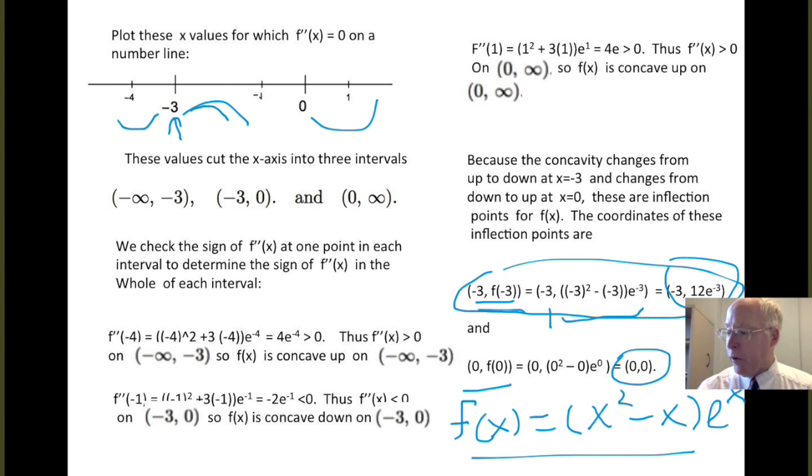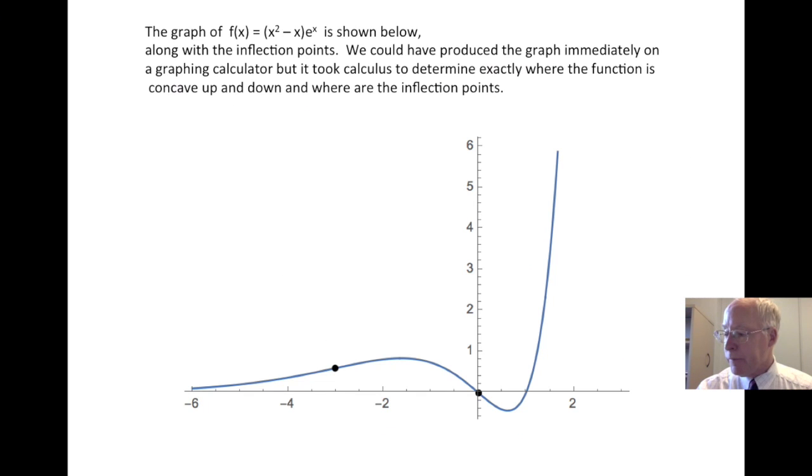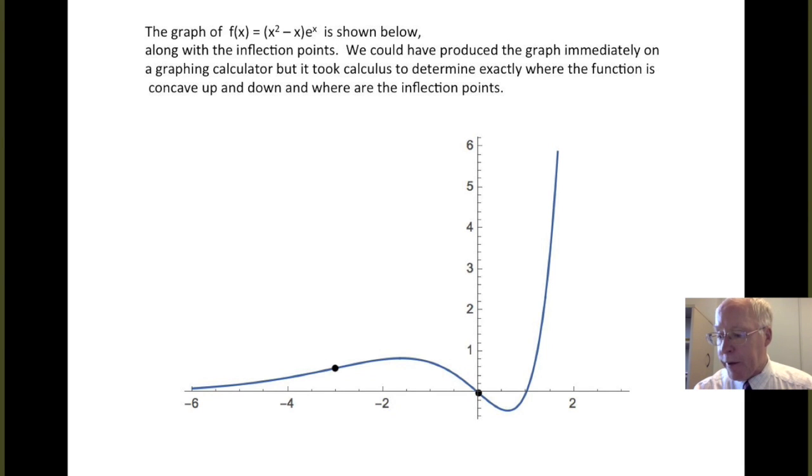So if we take a look at the graph of this function, here it is. There's the graph of x squared minus x e to the x. We've also plotted the two inflection points. Now, of course, we could have graphed this function on our calculator and seen something like this, which is great. And we can also, even from the graph, see a lot of the nature of the concavity. We can definitely see the concave up over here. A little hard to see the concave up here, but it is bending slightly upwards. And of course, here's the concave down part